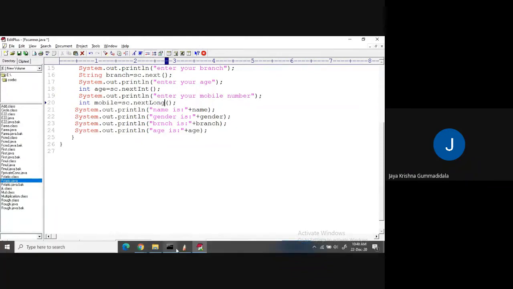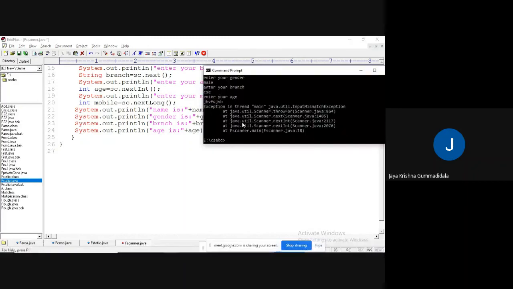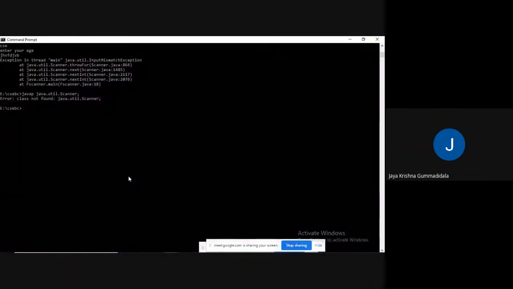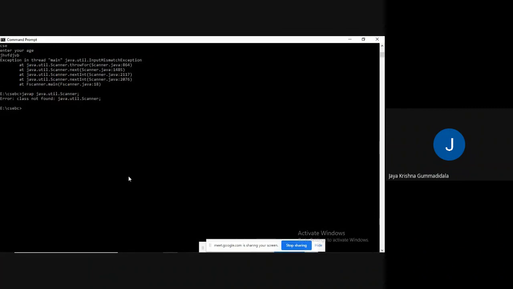See, guys, if you are getting any confusion over the type of method it is going to show, just go for javap java.util.Scanner class. That's it. You are using the Scanner class, so go for that. It will show everything. Okay, sorry, some kind of error.